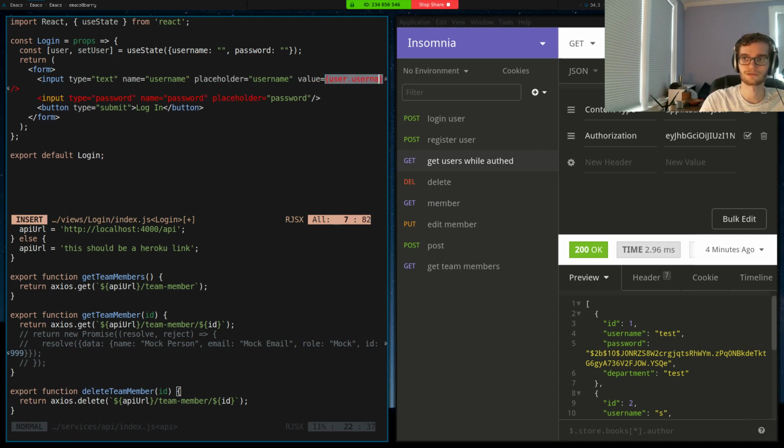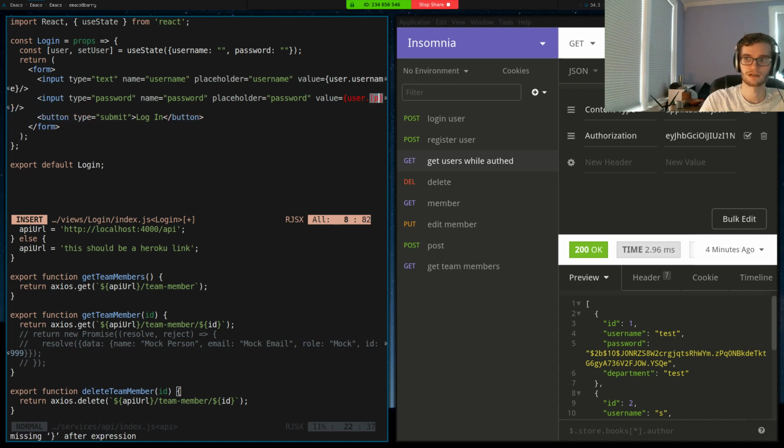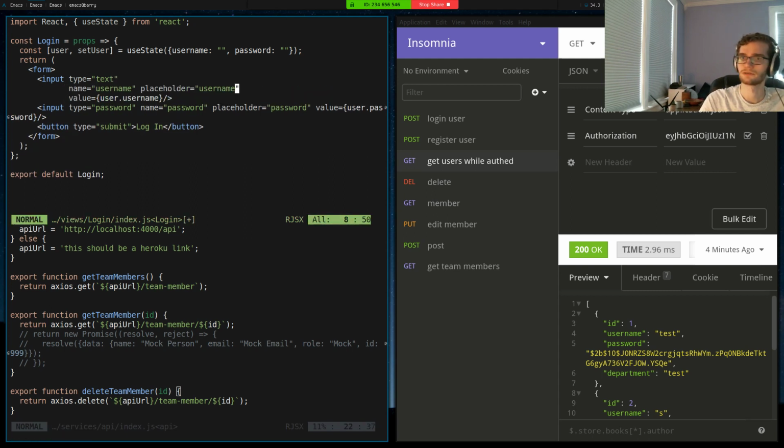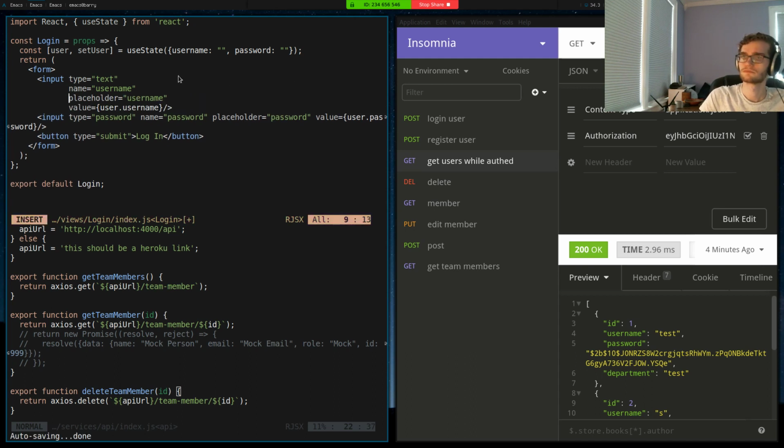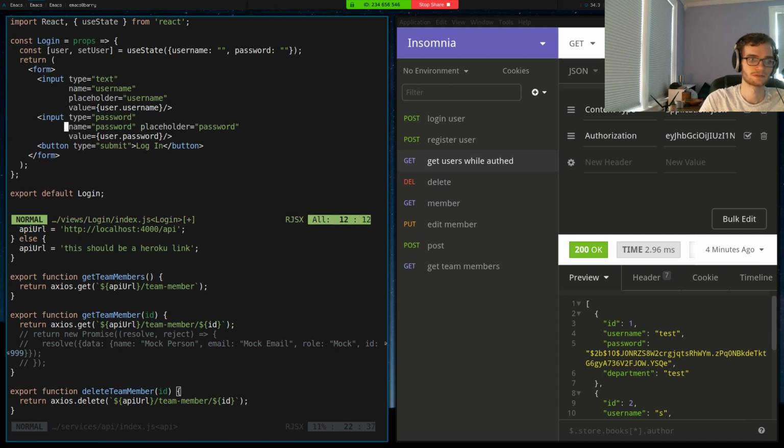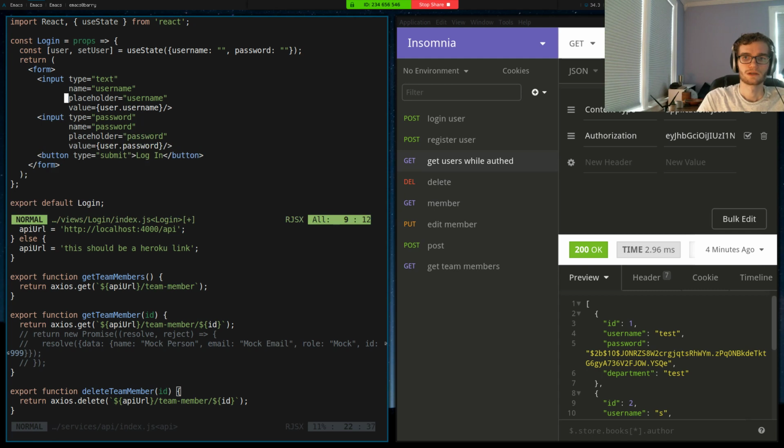So it's going to be user.username, and password is going to be user.password. And let me format this just a little bit cleaner for you all. Okay. So now I've set up my managed form,